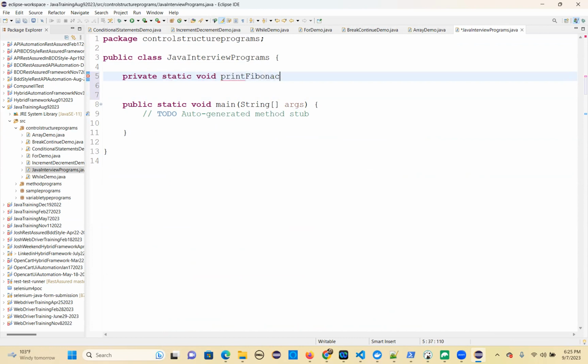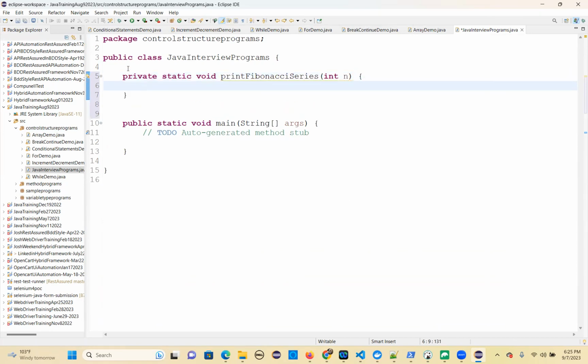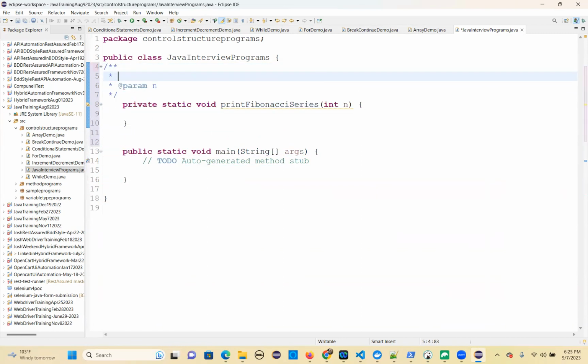What is Fibonacci series? You give the number, how many Fibonacci numbers you want. So that many you have to print. Your program has to print it. So write a program to print